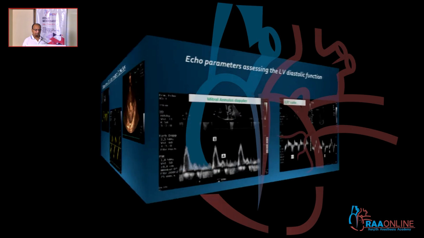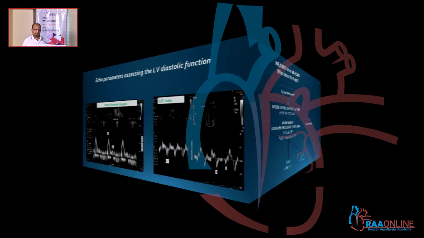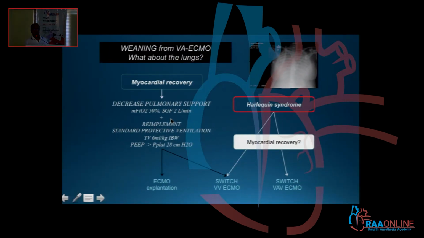Okay. And of course, like I said, it is not only the systolic function which is most important, it is the diastolic function which is most important. Try to assess the diastolic function, whether they are in grade 2 or grade 3 diastolic dysfunction. Those are the important criteria for the weaning. Now, what about the lungs when we want to wean a patient? Most important I want to talk to you about here is, suppose you have